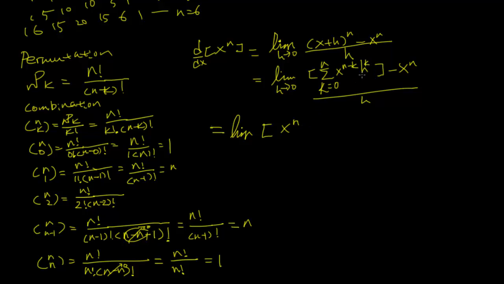Anything to the 0th power is 1, so we leave it as that, plus, because it is a summation, when k equals 1, the coefficient of the term becomes n, and x to the n minus 1 times h to the k, which is 1, so h, plus,